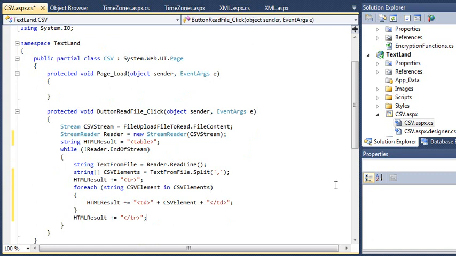Now add the following code after the end of the while loop: HTMLResult += "</table>"; This code simply ends the HTML table tag after all of the values have been added to the table. Finally, you'll need to add some code to display the HTML table on the page. Add the following code on the next line: literalFileContent.Text = HTMLResult;